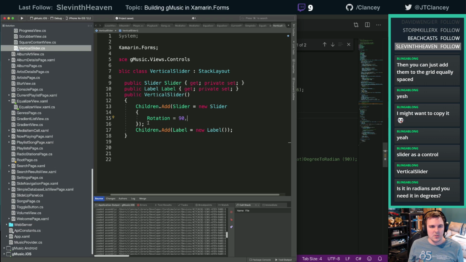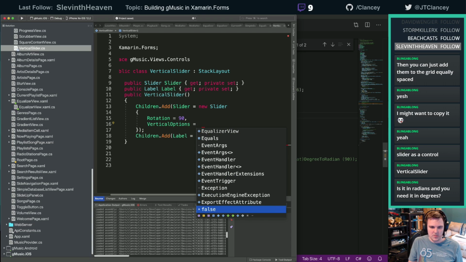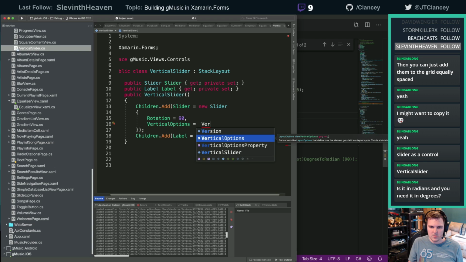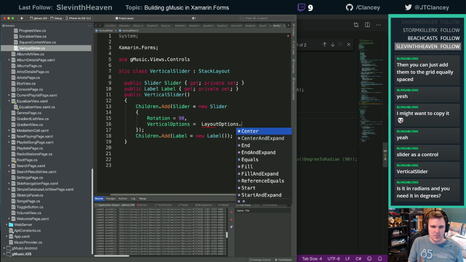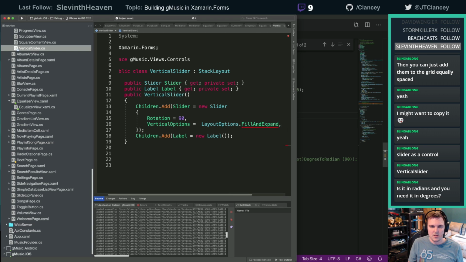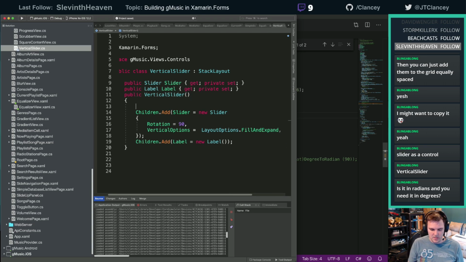We also need to make sure vertical options equals layout options dot fill and expand. Let's give this thing this dot margin equal, or no, padding. Give like a 6. Let's just see how this thing looks.